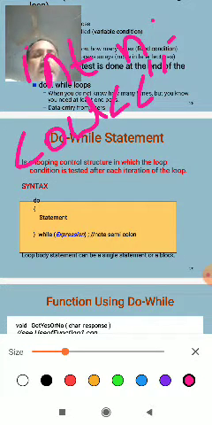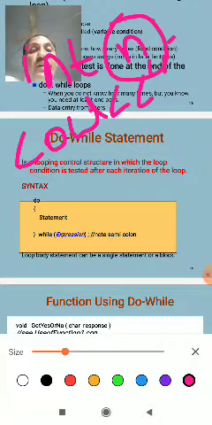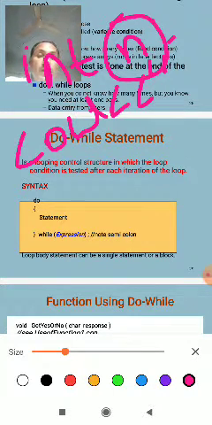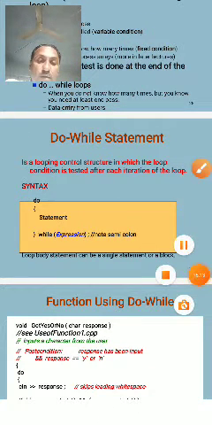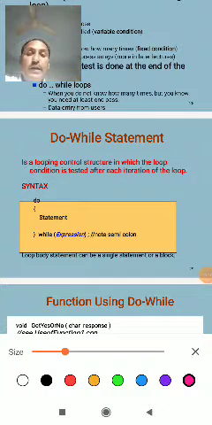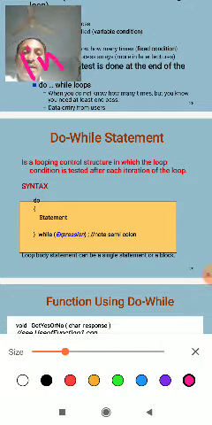Then take the integer value in the n variable.